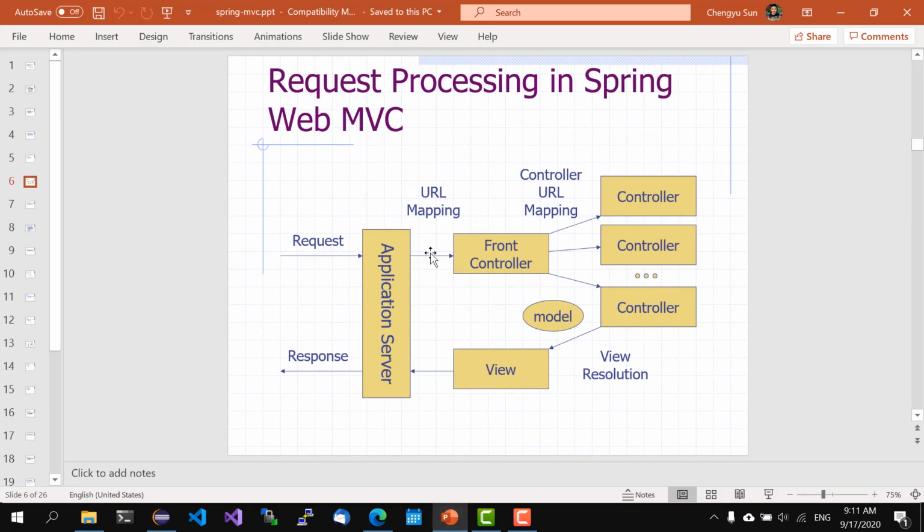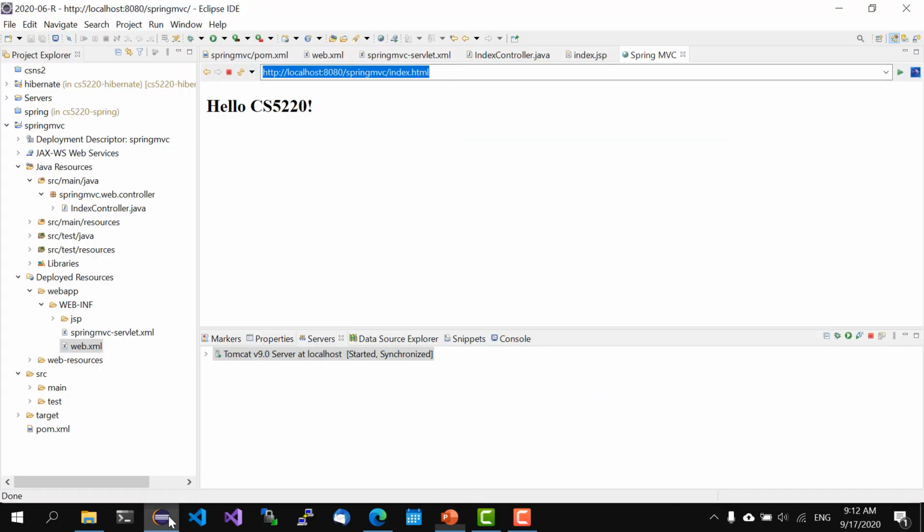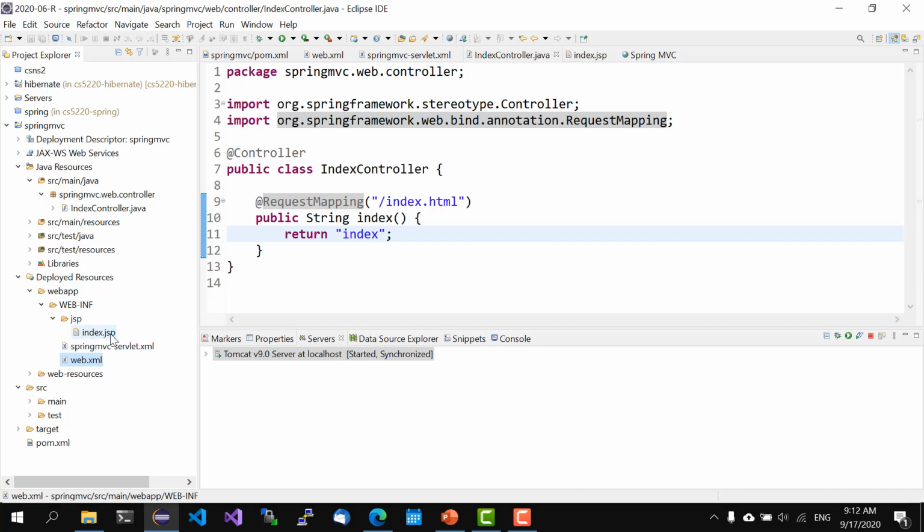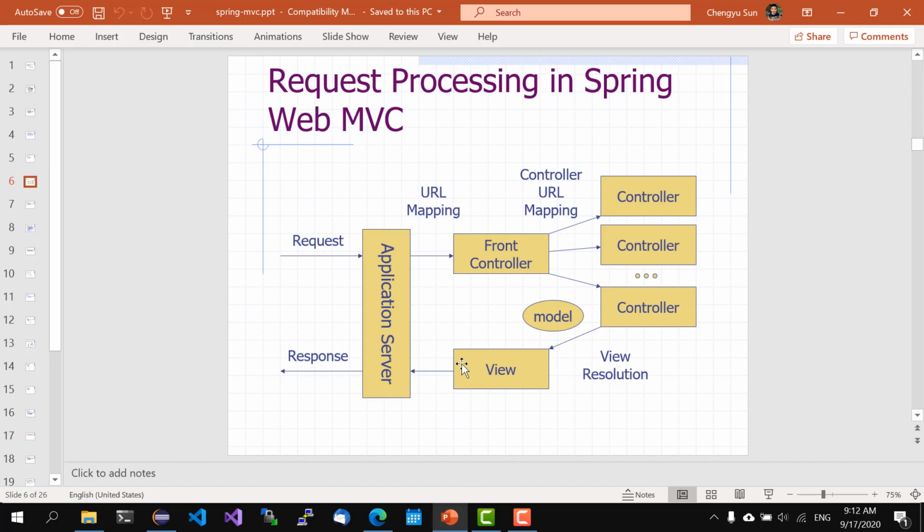We have seen the request comes from here, getting to front controller. Front controller loads the bean definition file, finds all the controllers, maps to a controller method, which comes to here. Then what happens with this one? So this doesn't seem to be the same as index.jsp under certain folder. And that's because